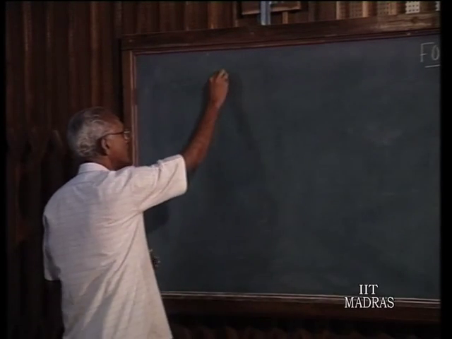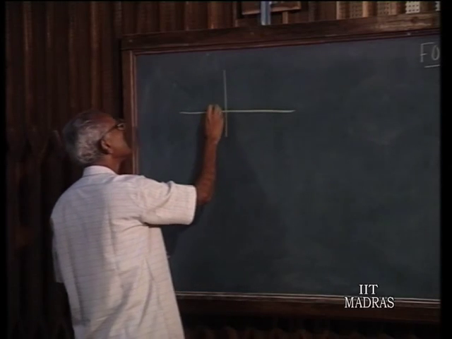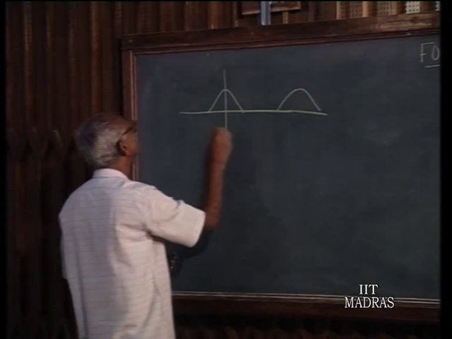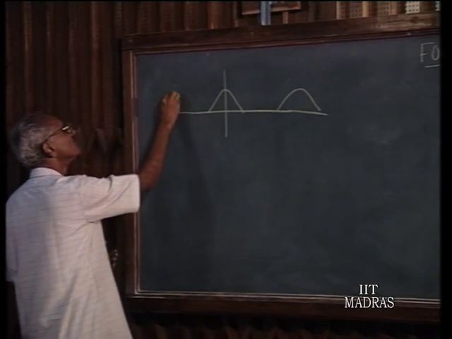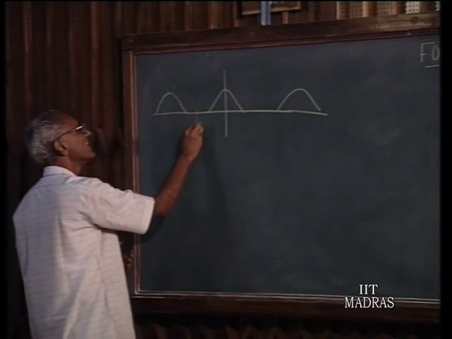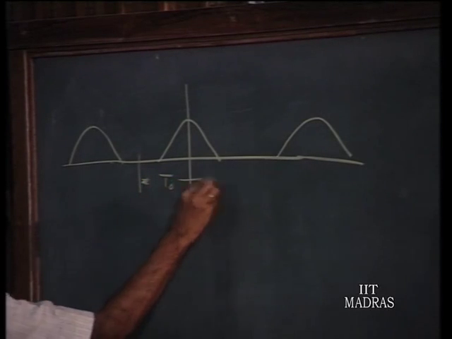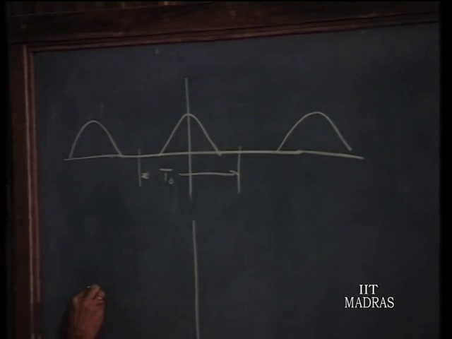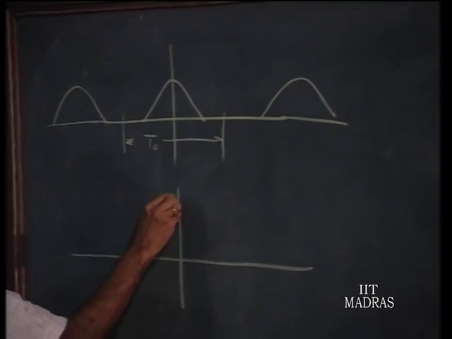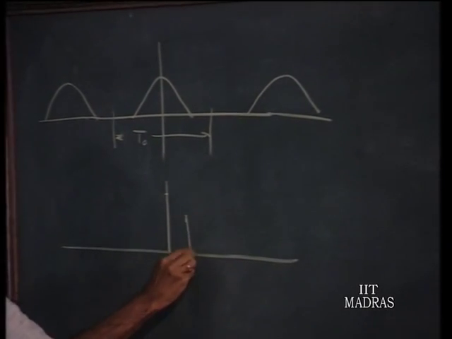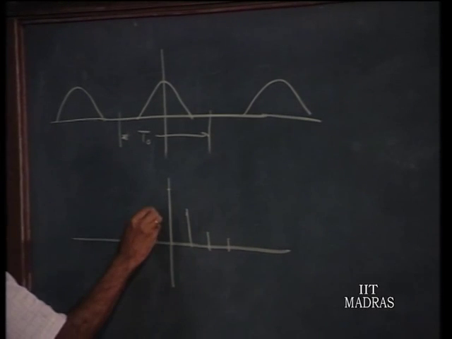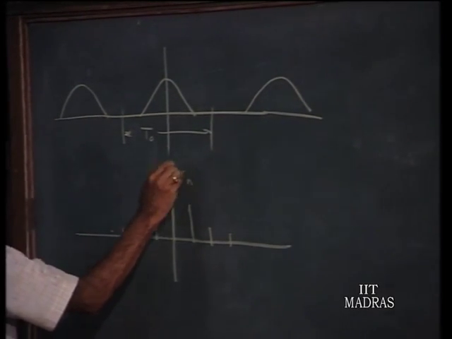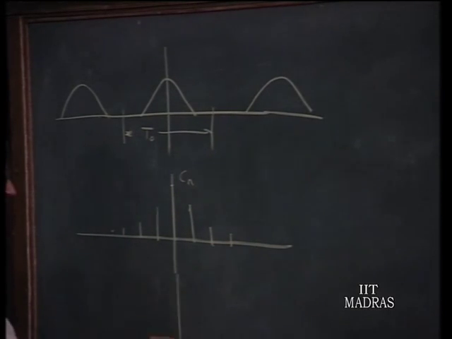So, if you had a periodic function of time, say with a period t naught, then you have an amplitude spectrum, magnitude spectrum C n, and a phase spectrum,